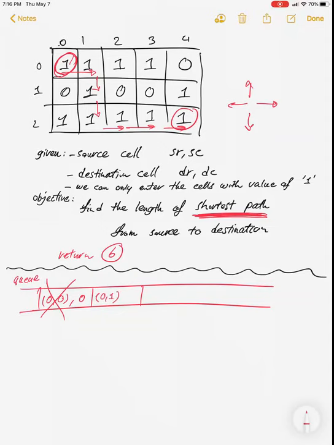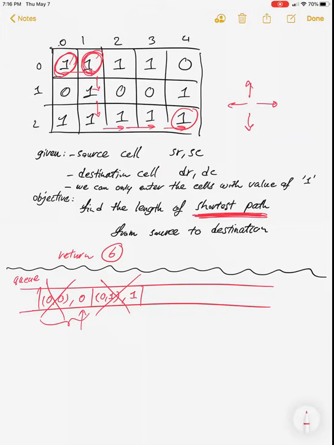And because I pop this, which is 0, I will increase by 1 my count or the length, right? So right now I'm in this cell. Again, I will pop this